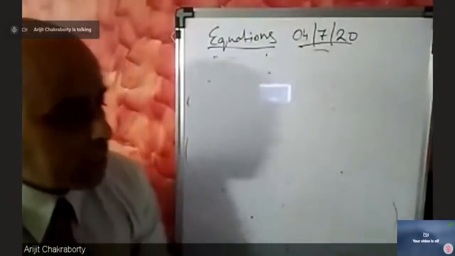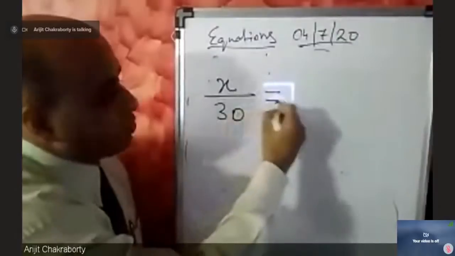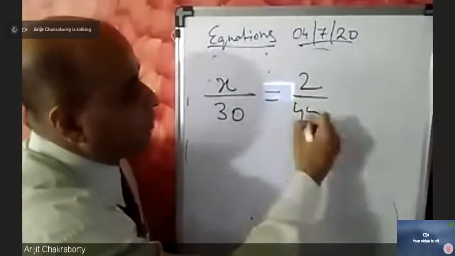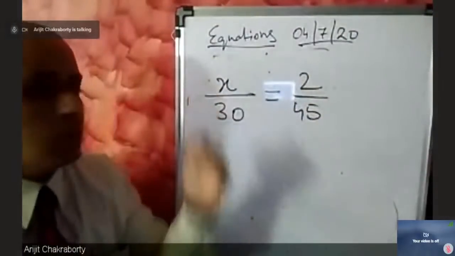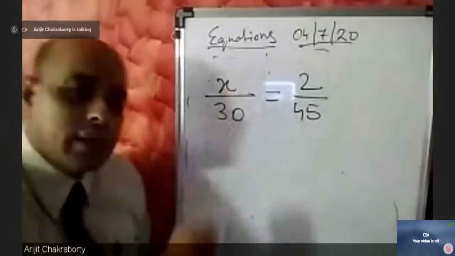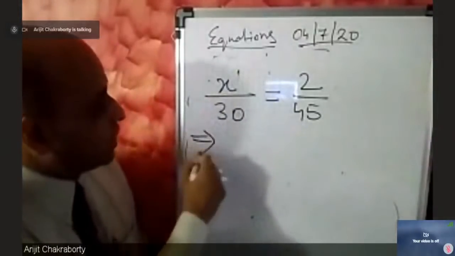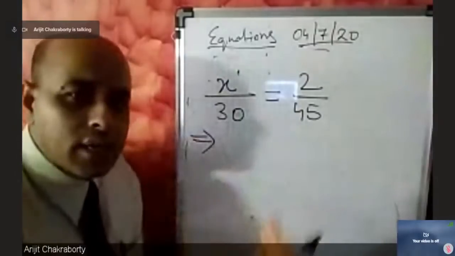Now the problem is very simple. X by 30 is equal to 2 by 45. So what is the value of x? So this is a linear equation. You can see it has the degree 1. So it's very simple. So here, just by cross multiplying,